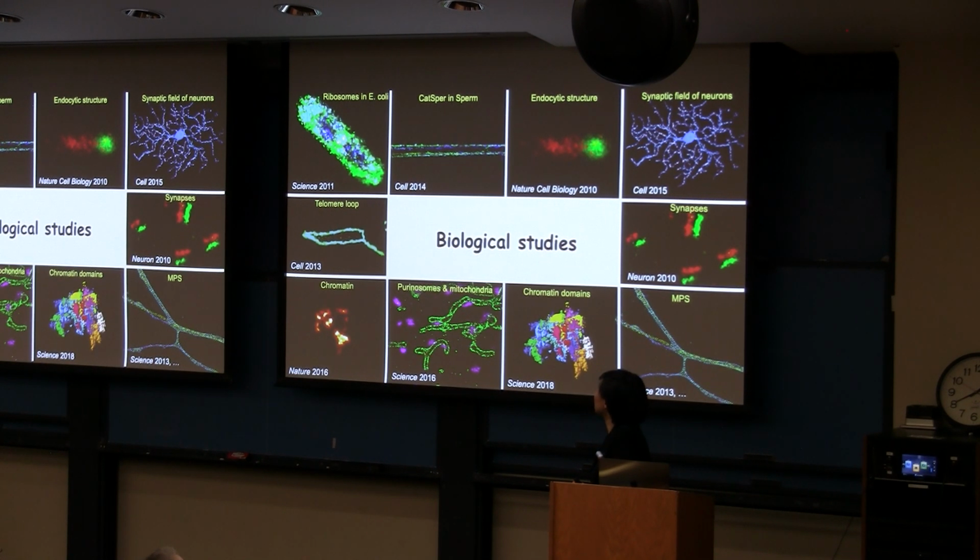And here I list only a subset of our biological studies to give you some idea of the wide range, because it really ranges from simple systems such as bacteria, where we could see every individual ribosome molecule in an E. coli cell, to another relatively simple system, a sperm tail, where this is a collaboration with